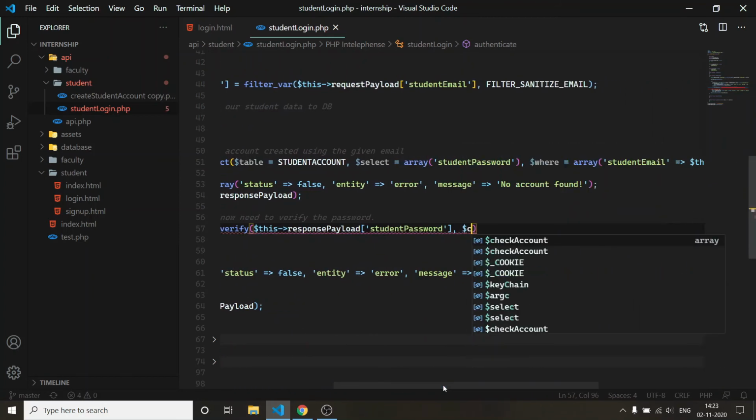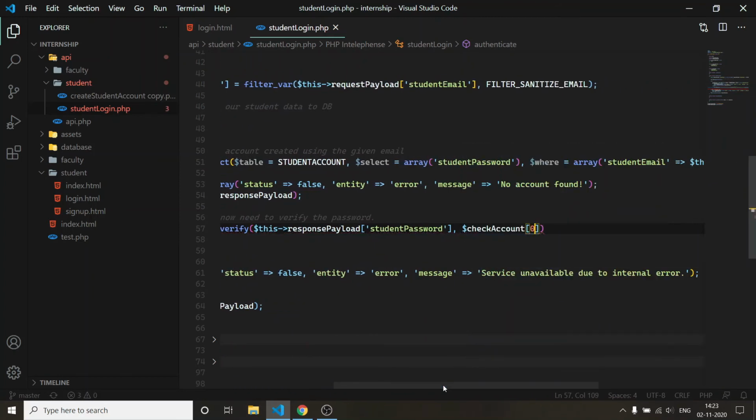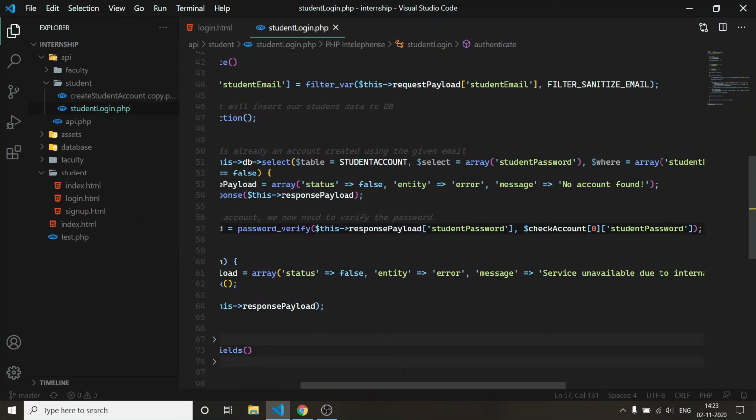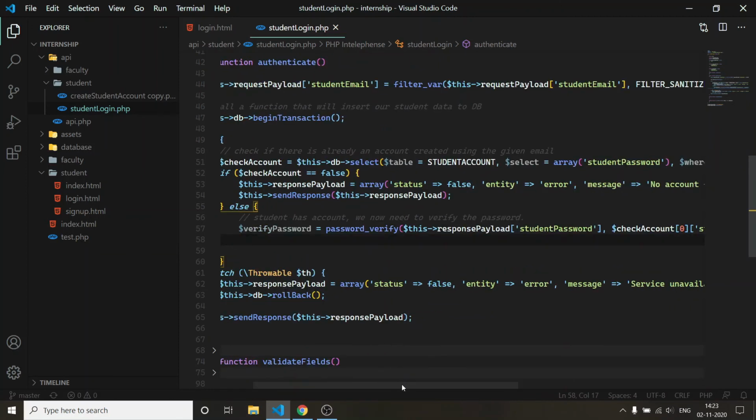So which would be check account 0, and it will be student password.